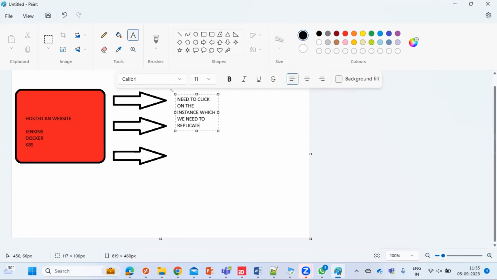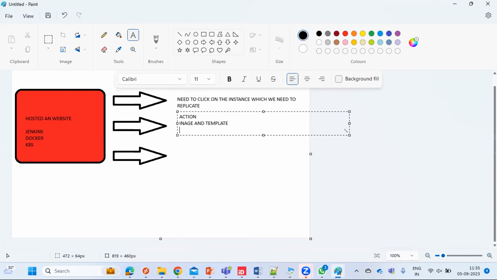Replicate means we want to copy that one. Then we need to go to Actions, then Image and templates. Post that, we go to Create image,